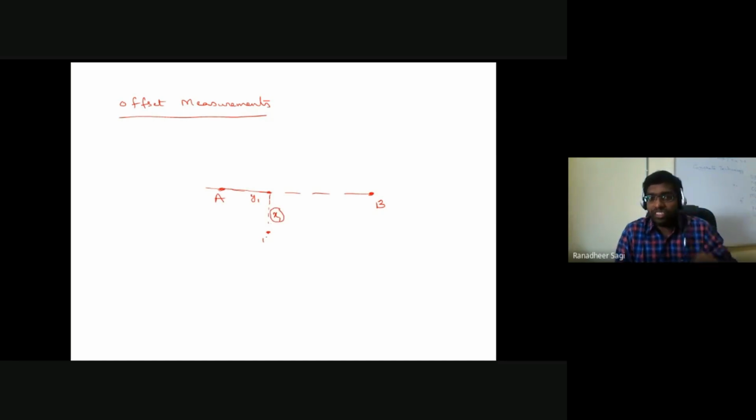So when I am trying to measure the x1 distance with the help of a chain or maybe with the help of a tape, most of the times the offset distances are measured with the help of your tape, whereas your main line, that is your survey line, is going to be in the form of your spread chain. Now let's say this is some point I on my survey line. So from this point I, I am stretching my tape to reach your first electrical pole, and the distance that I am trying to measure is x1.